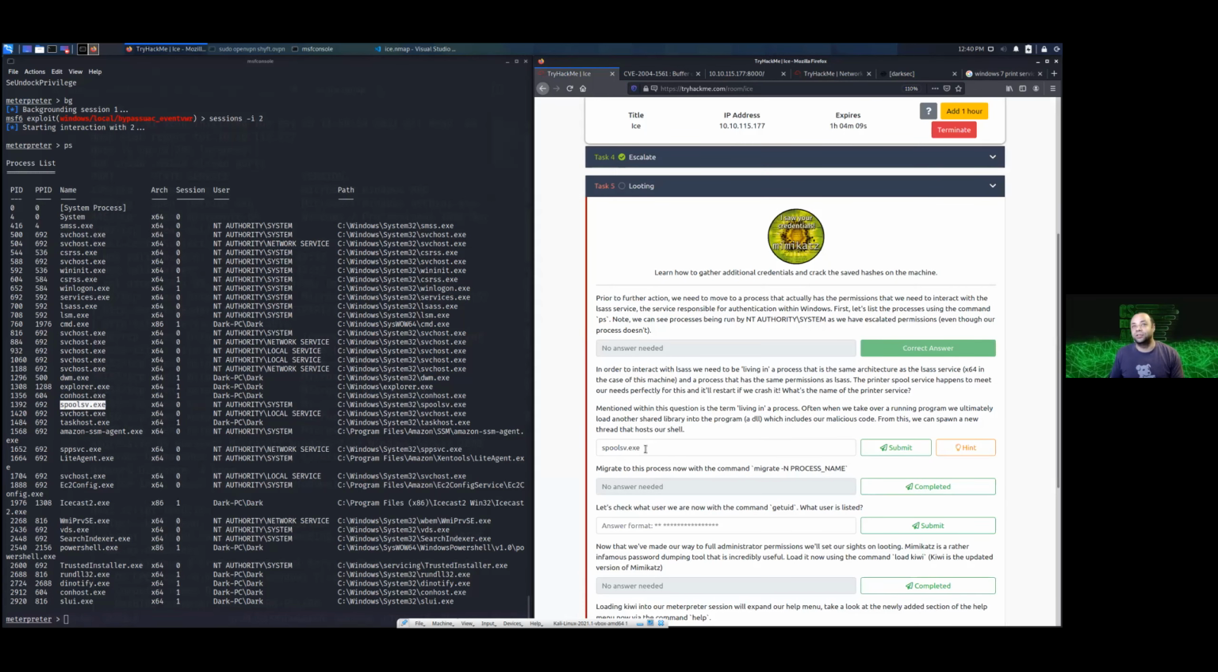All right, migrate to this process using migrate -N in process name. I don't like to do that. I don't want to use migrate -N process name. I want to use migrate process ID. And I hope that it works, otherwise I'll look dumb. 1392,